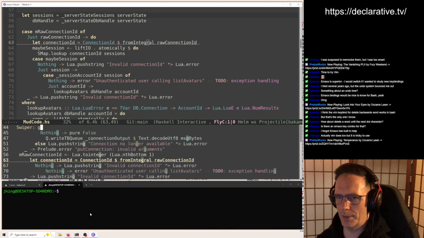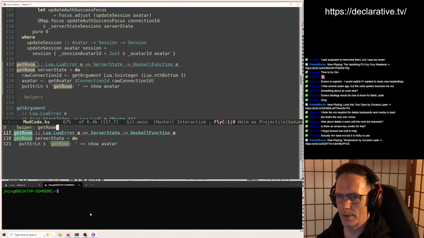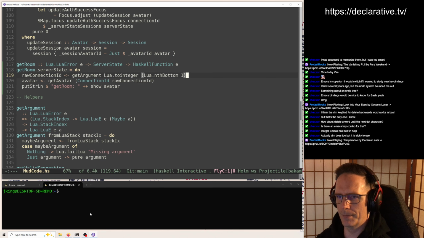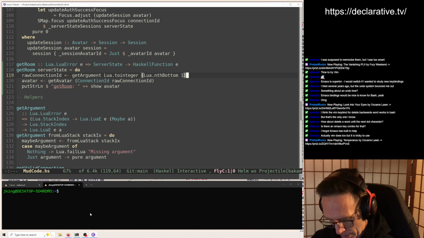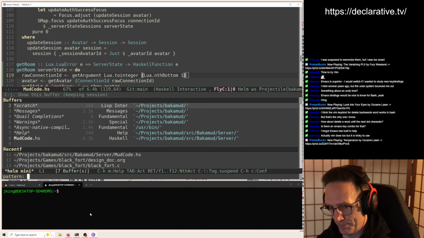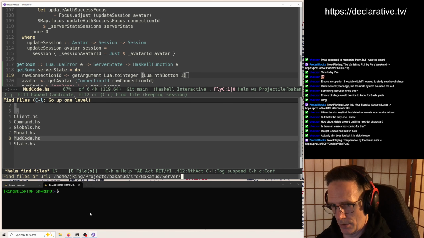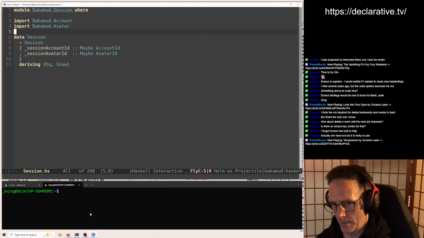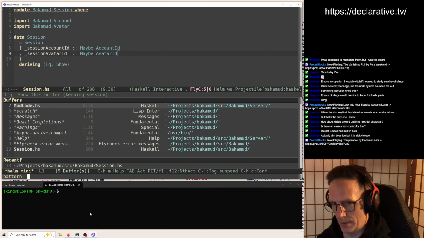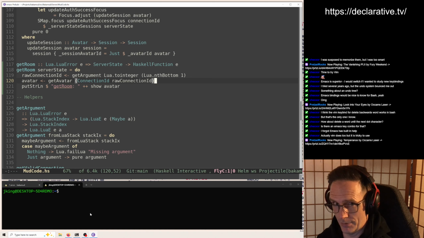Now, when we implement this command, the avatar can obviously return, it's maybe in our data structure in the session, right? Which means it might not exist if the user has been logged in, for example, but hasn't chosen an avatar yet.